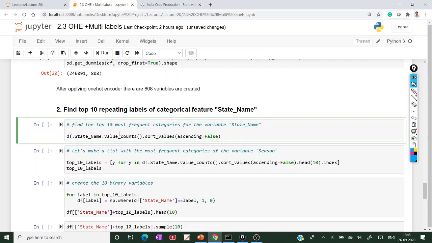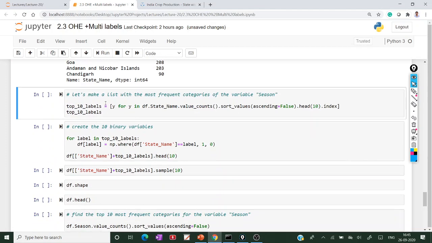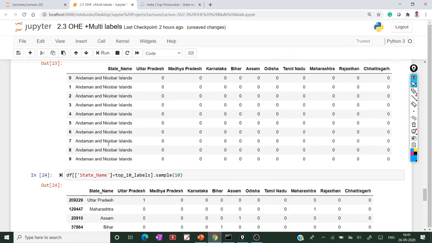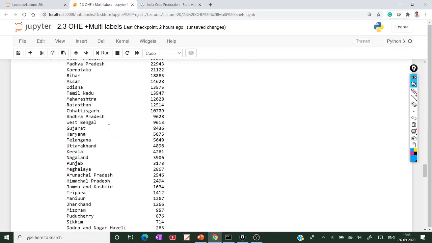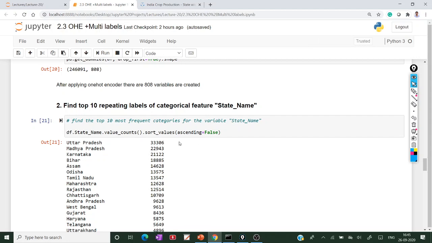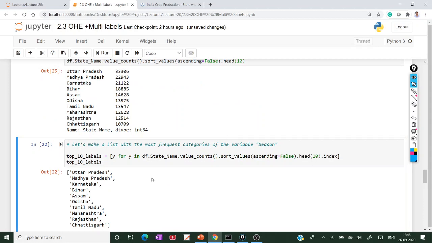So here, find the top 10 repeating labels for the categorical feature. Top 10 means using head.